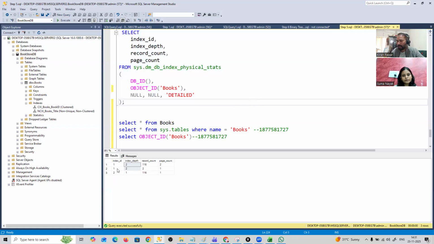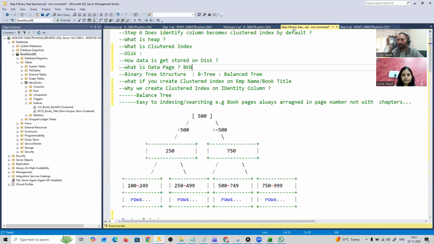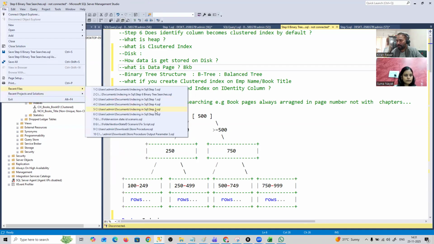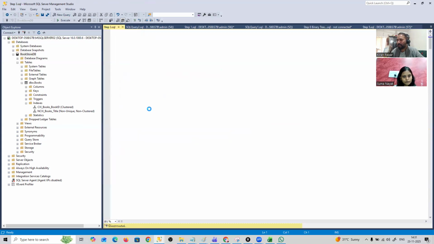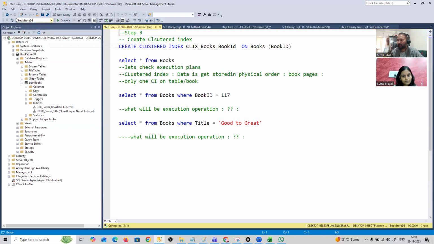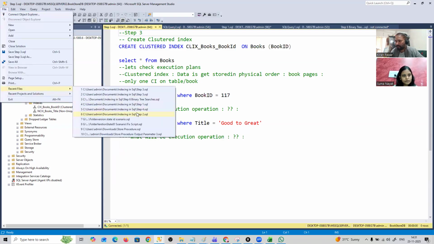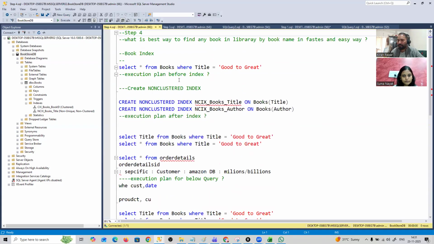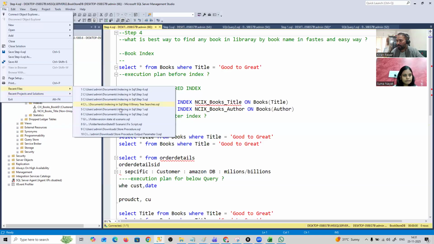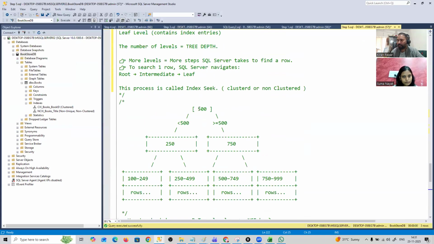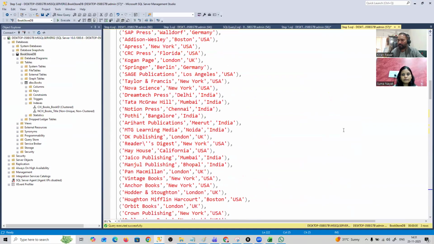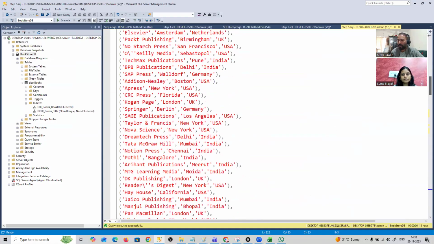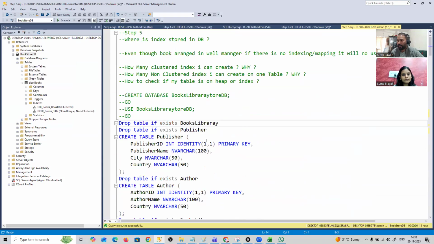So here is my index 1, for this books, right? So what I will do, books library. I will go to step 3. I think in step 3 we created that book library data, right? Maybe step 4. No, okay, let's go to 5. Okay, got it. So in book, I will create this book library